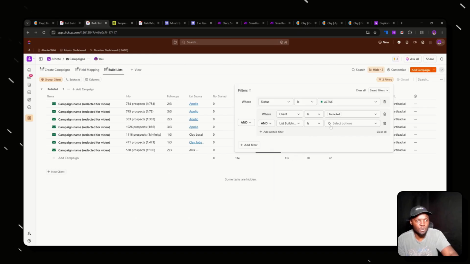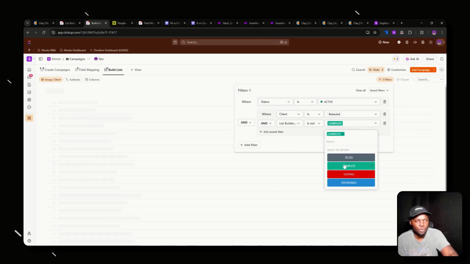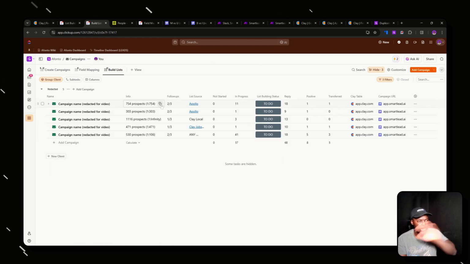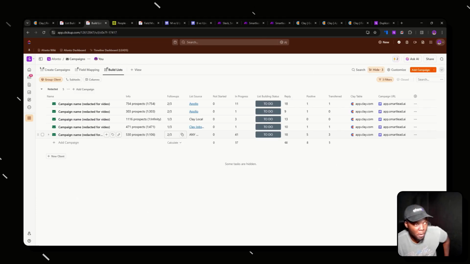So this is actually what it normally looks like: is not completed or stopped. Okay, so now we've got fewer list building tasks, and we can look at these ones. This one has 2 of 3 follow-ups, 2 of 3 follow-ups, 1 of 3, 1 of 3, 2 of 3. Now this one that is 1 in 106, it actually doesn't qualify for